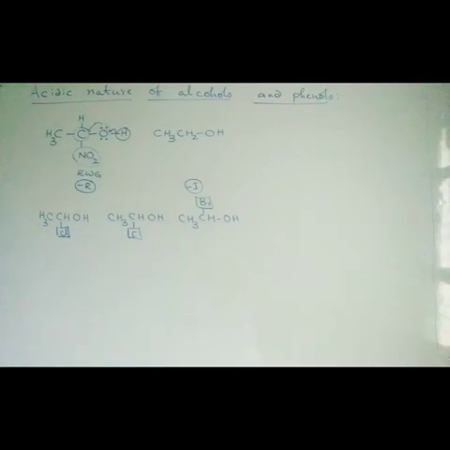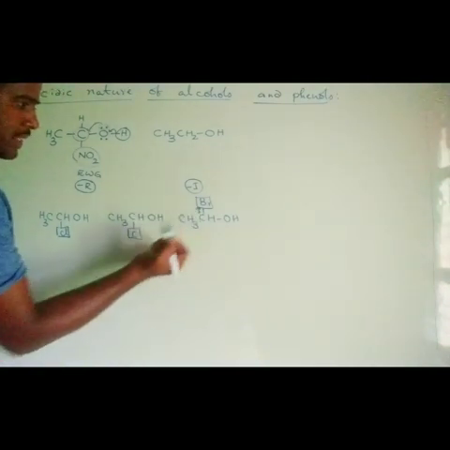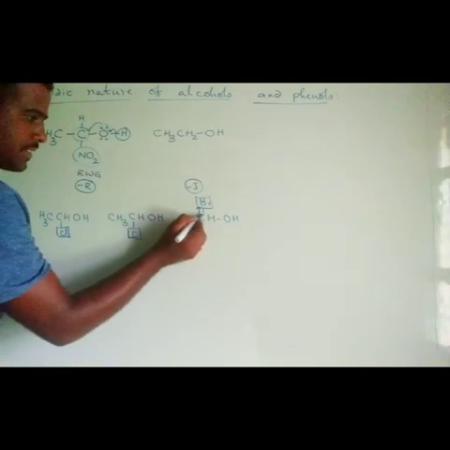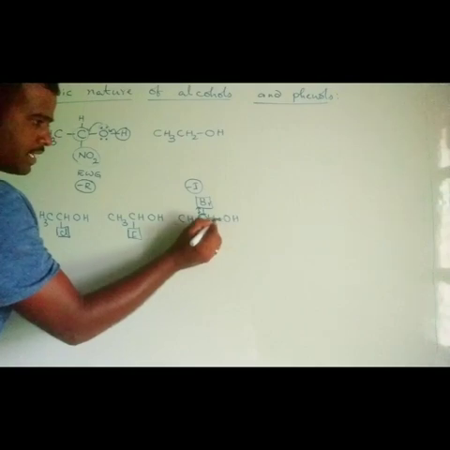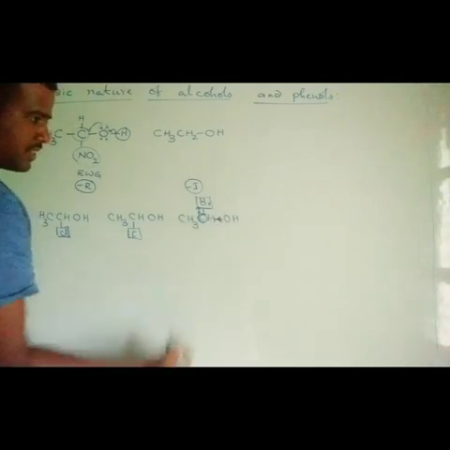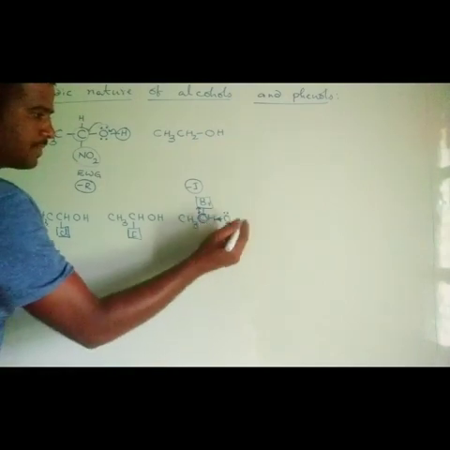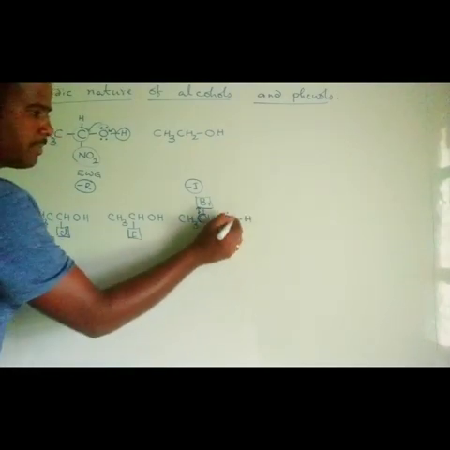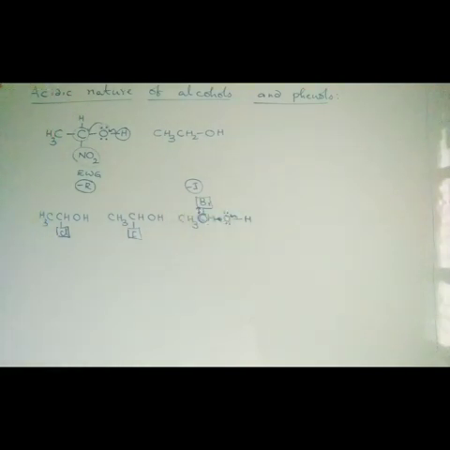Because the halogens are more electronegative elements, the sigma bonded electron pairs are pulled towards the halogens, which decreases the electron density around this carbon, and now the carbon may pull the electron density present in the sigma bond between C and O. That decreases the electron density on oxygen, by which the O-H sigma bond pair of electrons may be strongly pulled towards oxygen. As a result, H plus ion can be easily released.